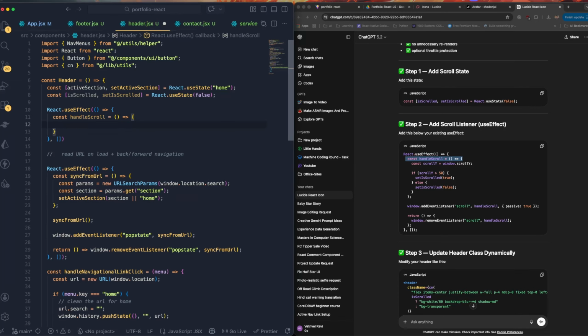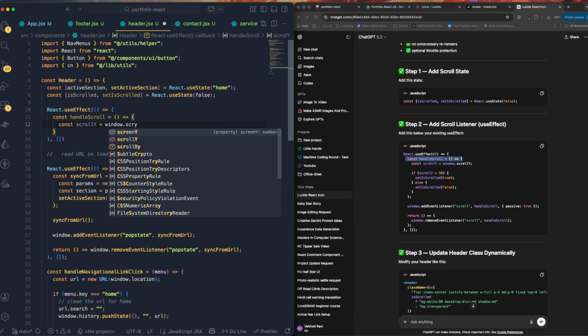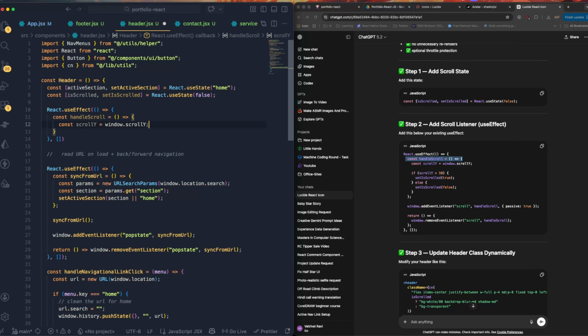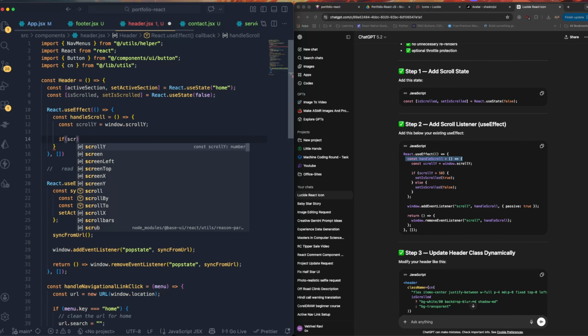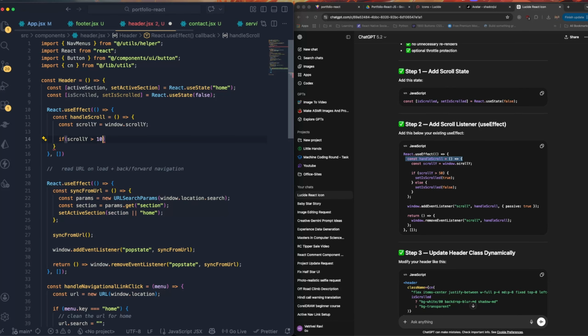So the reason why we are keeping this as a separate function is because we are trying to create a listener event. By the time this use effect closes, I need to clean that listener event properly, otherwise it causes some performance issue. So that's the reason for keeping it as a function, and supplying it as a reference would be the proper idea. So I'm going to get the scrollY, the scroll Y axis. So from the window property itself, I'm going to access the scrollY object. Then if the scrollY is greater than 100 pixels,